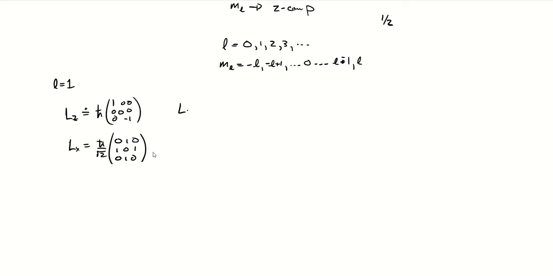And hopefully, if not immediately obvious, these remind you or look somewhat familiar because we dealt with these last semester and have looked at them a few times. And then finally, the L squared operator is just going to be 2 h bar squared times the identity, because L squared commutes with all of these. So again, I'm just recapping things and showing some analogies between this orbital angular momentum that we're looking at and the spin angular momentum we've done.